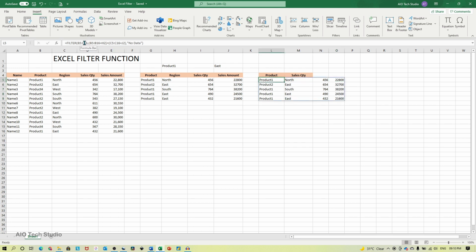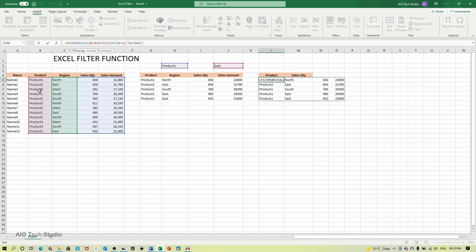Going back to our array, the product is the first column, region is the second column to be excluded, sales quantity is the third column, sales amount is the fourth column to be excluded. To achieve it, we will write a new filter formula in front of the existing filter formula. So this again asks for an array. So our previous formula is the array